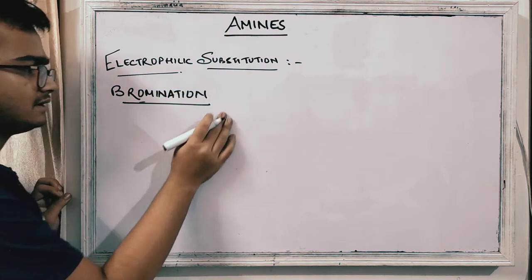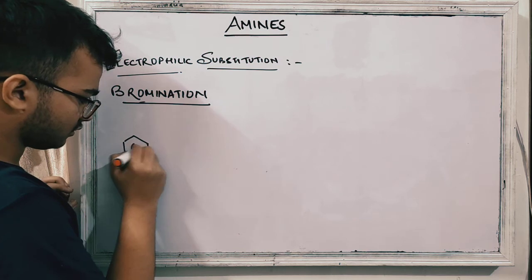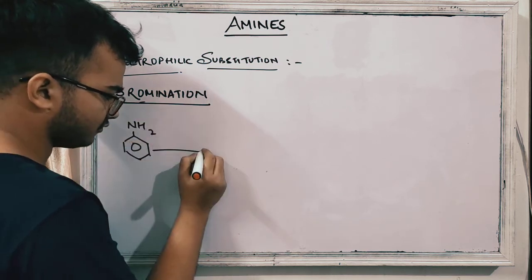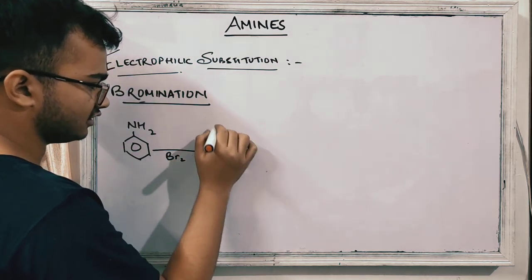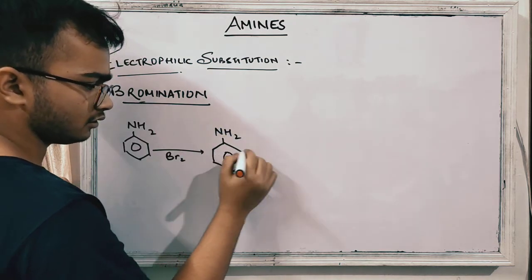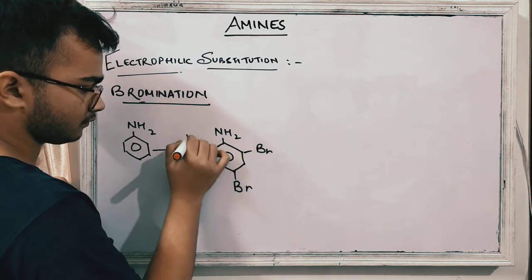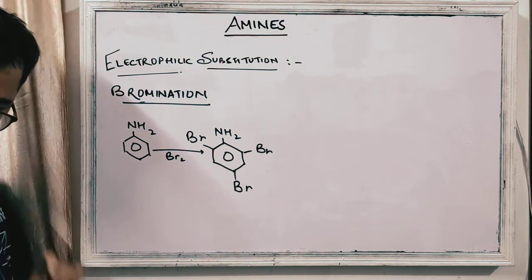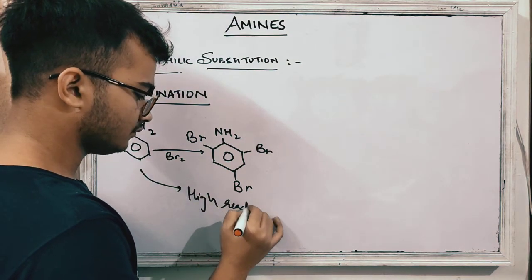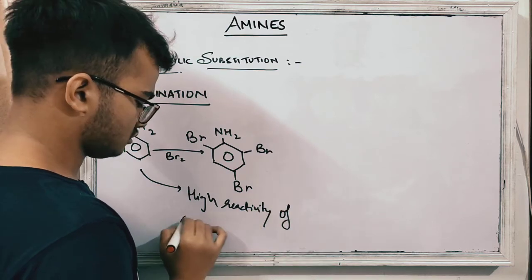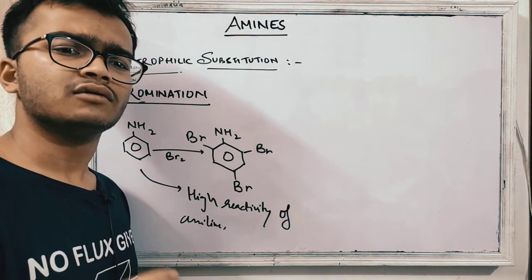Now your amines are very much reactive towards electrophilic substitution. So what happens is, when you take aniline and react it with bromine water, what do you get? You get 2,4,6 tribromoaniline, sorry, this is 1, 2, 3, 4, 6. Now, why is this happening? This is because of the high reactivity of aniline. Now, in the question, if they ask you, we want mono substitution or we want only the para product,